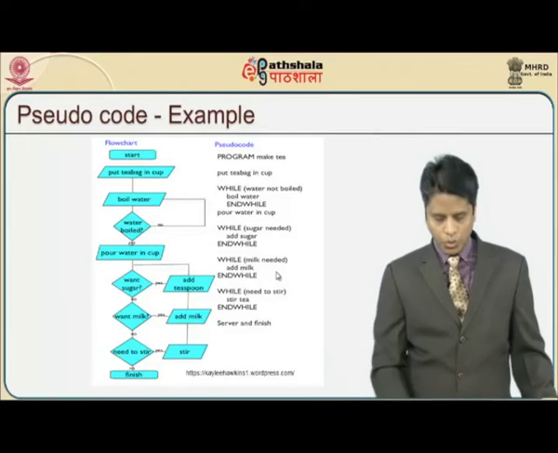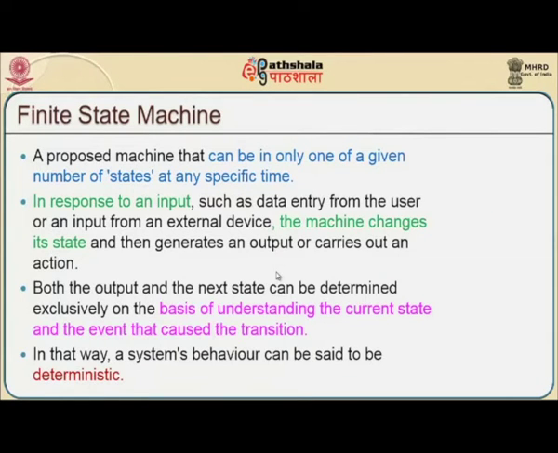So this is how I translate all these simple things that I have noted down in diagrammatical format into a pseudocode. Not only that, I can even have a finite state machine where I can switch between states. Finite state machines are machines that can be in only one of a given number of states at any specific time. If I travel by my car, I can be in only one particular state. I can either go forward or straight, turn right, turn left, or take a U-turn. Those are the possible states. All at the same time I cannot do. So that becomes a finite state.